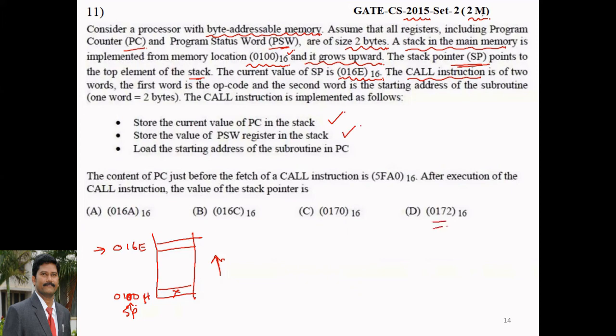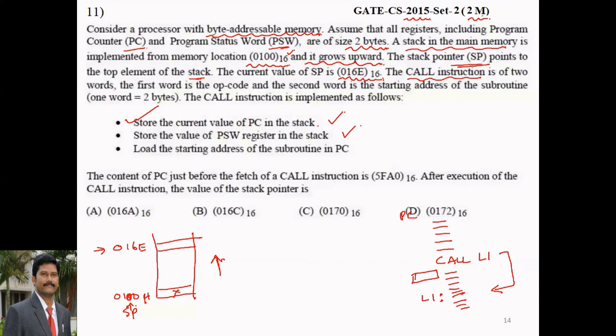Suppose this is the main program, and suddenly there is a call instruction L1. That means we are calling some subroutine, and it jumps directly to location L1. So before jumping to this, it will remember the next address, whatever the PC value is. The next line address it remembers in the stack memory. That is the point here.